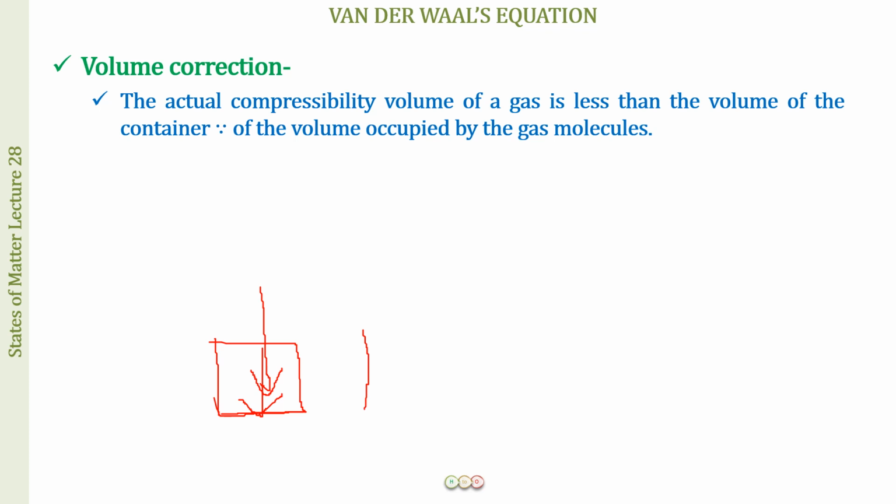But for a real gas, we will not be able to compress the gas up to the volume of the container. We will be able to reach, say, just this level. Why at this level? Because the gas molecules are not point masses. They do have a volume of their own. So when we push the piston downwards, it will not be able to go beyond this level, because this is the volume that the gas molecules are occupying. They are now in close contact with one another and we cannot go further. I hope this is clear.